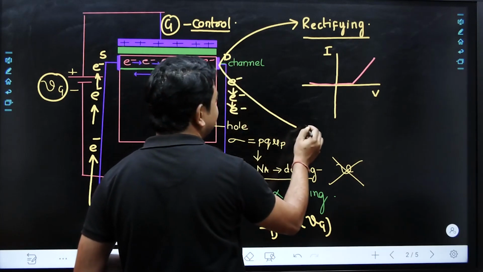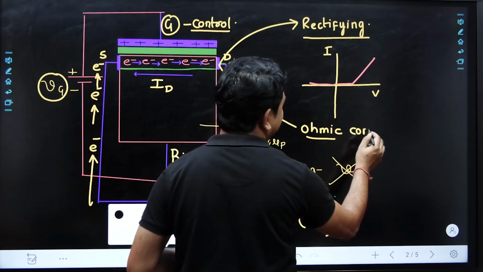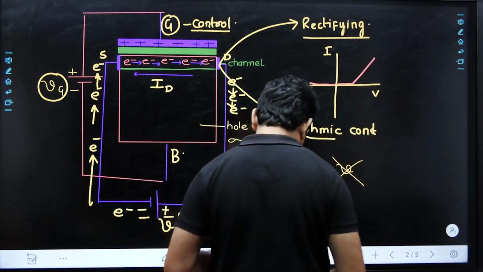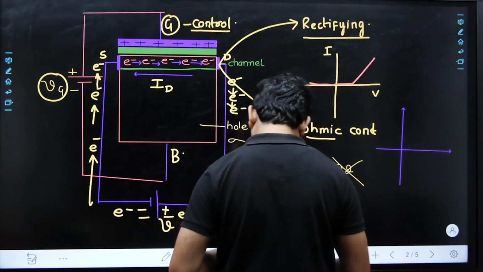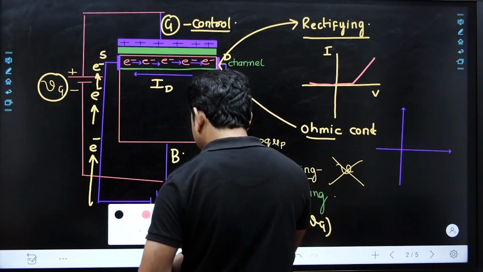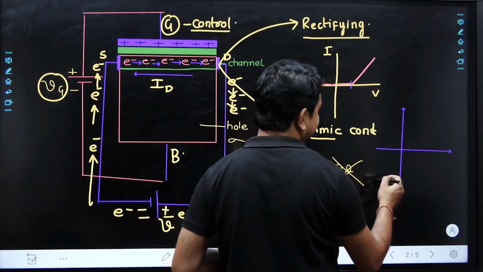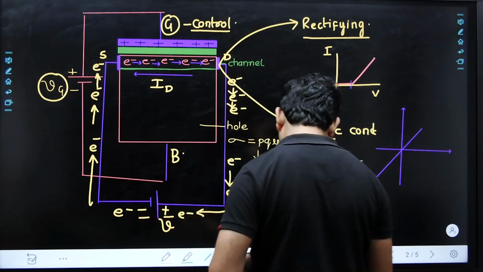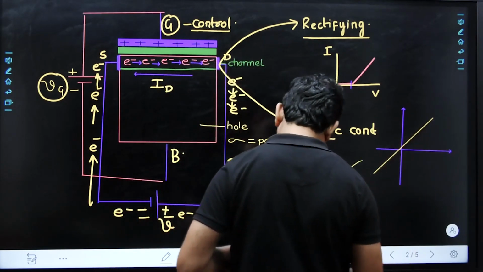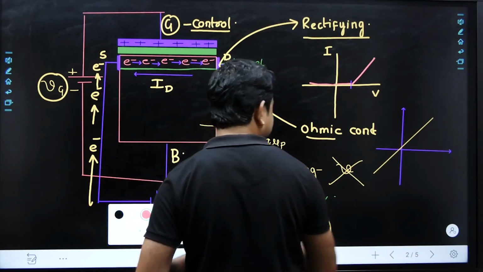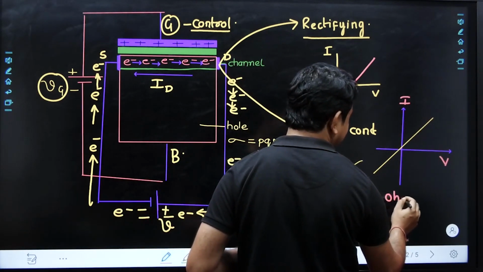What is an ohmic contact? So how can we get an ohmic contact, and what is an ohmic contact? If you want to analyze that part, then definitely we need to draw. An ohmic contact means we are having bidirectional conduction of current without any potential drop, like this. So we just draw a line like this, and this is the voltage, and the application of voltage will give the current. So suppose this is the voltage and this is the current. This is nothing but an ohmic contact.